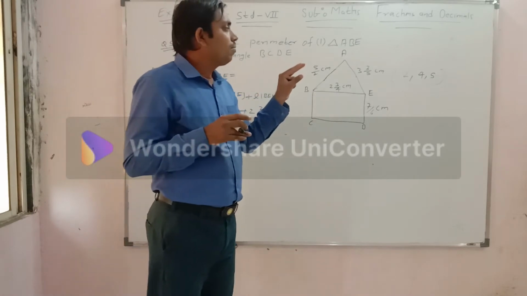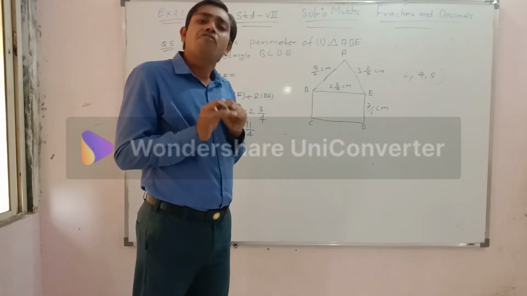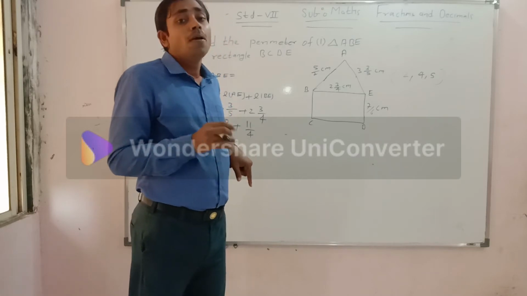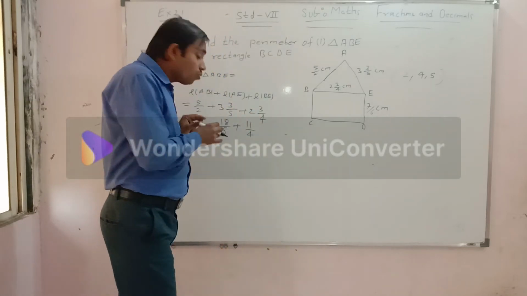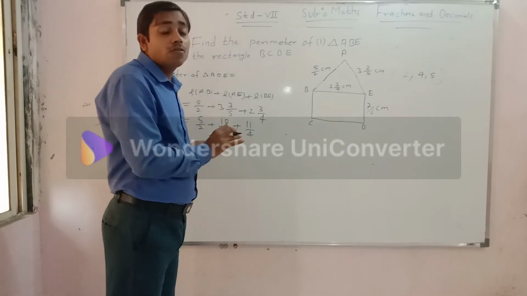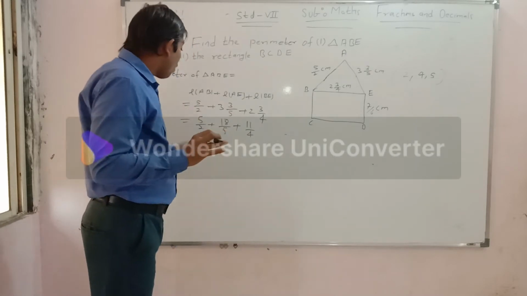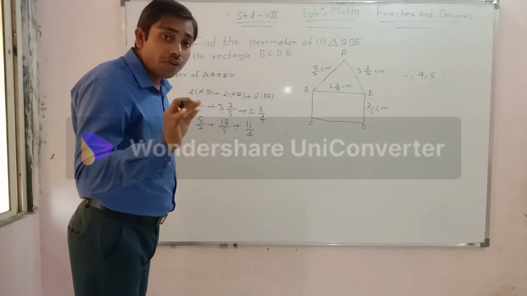So always keep in mind, taking the LCM is a quick way to find which number we should adjust into the denominator. But if you are able to know by observing, that we can bring this particular number everywhere, then you can do it that way also. Okay, so now after this, my dear students, what will we do?